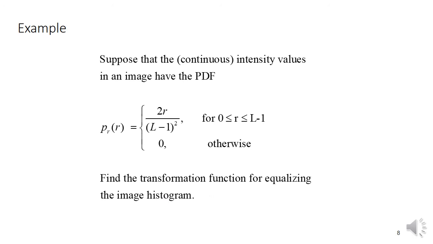Okay, here is an example. Suppose we have continuous intensity values in an image which have the PDF given below: P of R of R equals 2R divided by (L minus 1) square, for the range from 0 to L minus 1, and this probability is 0 for all other values. We have to find the transformation function for equalizing the image histogram, and for this purpose